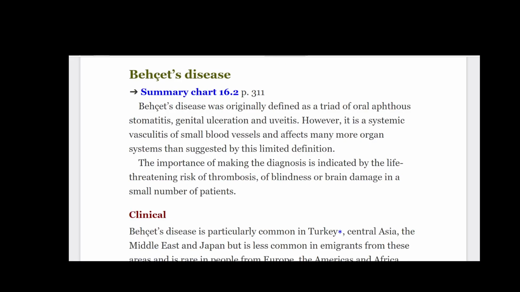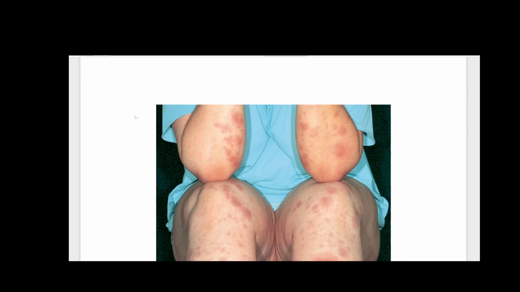Clinical. Behçet's disease is particularly common in Turkey, Central Asia, the Middle East and Japan but is less common in emigrants from these areas and is rare in people from Europe, the Americas and Africa. This matches the geographic incidence of the human leukocyte antigen, HLA, B51 allele, see later in this chapter. Fig. 16.10 Erythema nodosum. This is the commonest skin manifestation of Behçet's disease. From Habib, F. 2004. Clinical Dermatology, A Color Guide to Diagnosis and Therapy, 4th ed. Mosby, Philadelphia. Patients are usually young adult males between 20 and 40 years old